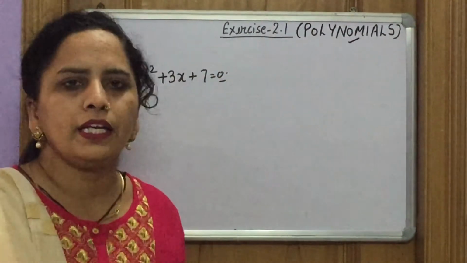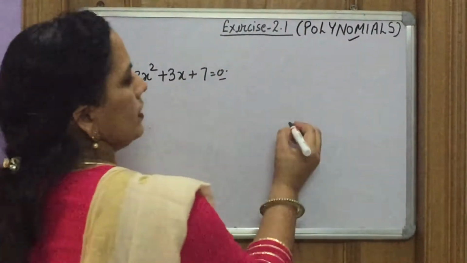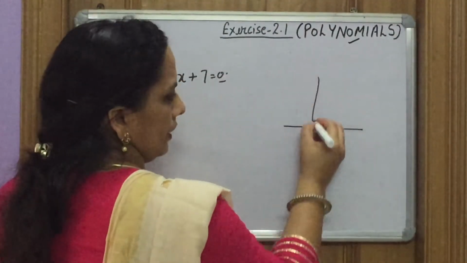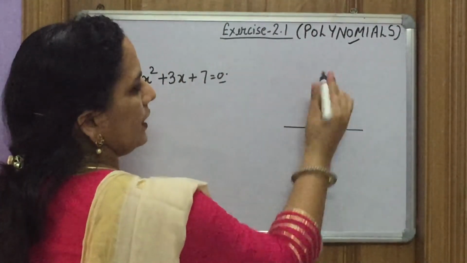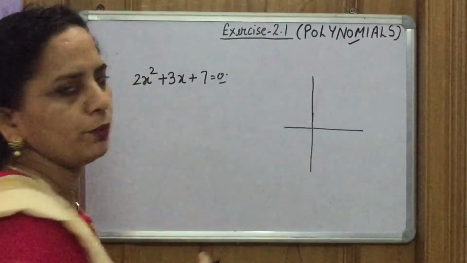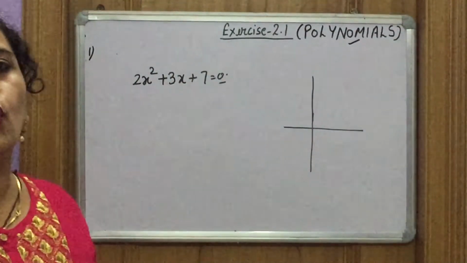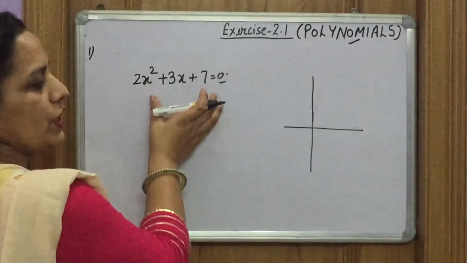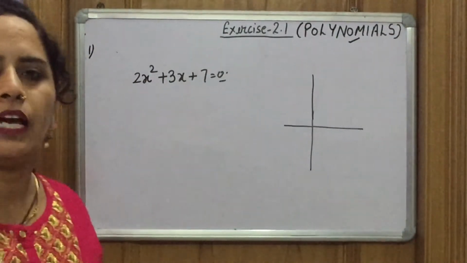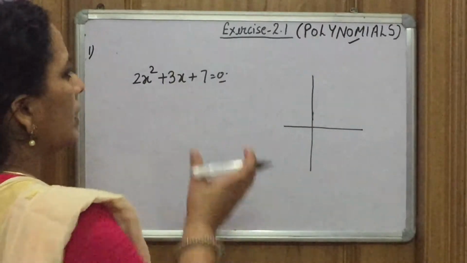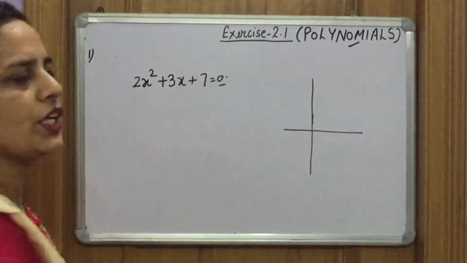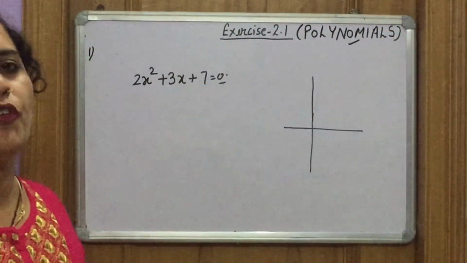graph of a quadratic equation is always of the type of a parabola. It will always be a parabola. To draw the graph, we need 2 or more, even 3 passing points of an equation. As in previous questions, we have already discussed about this. So graph of a quadratic equation is always a parabola.